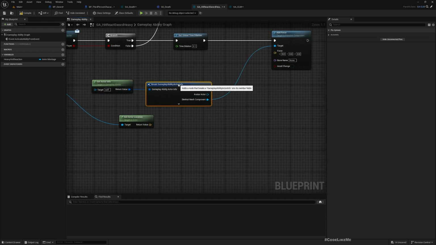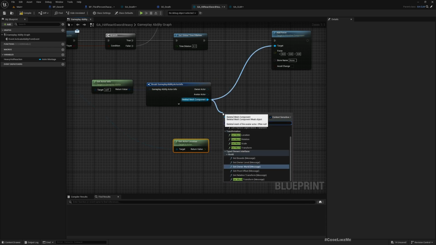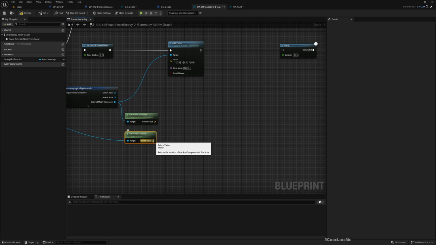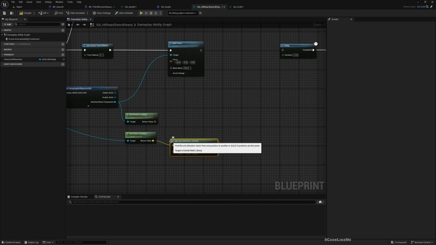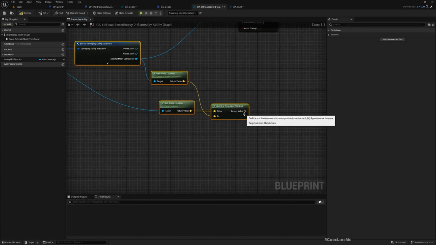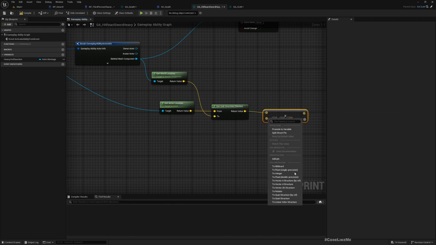And we have the dishonor actor over here. Get world location. And get unit direction from the attacker to the mesh. Multiply this for this back. Multiply this with